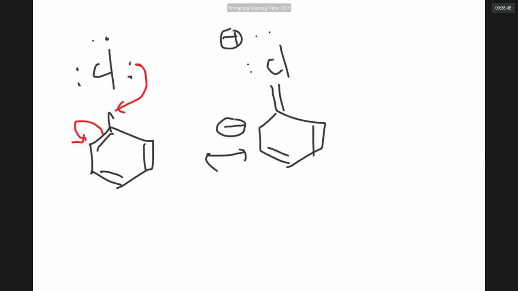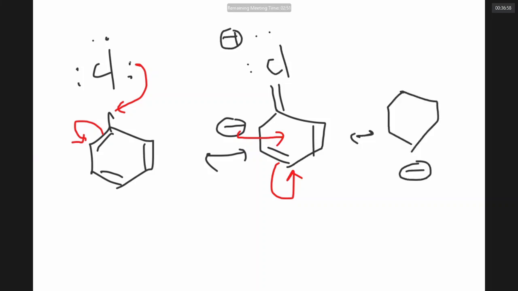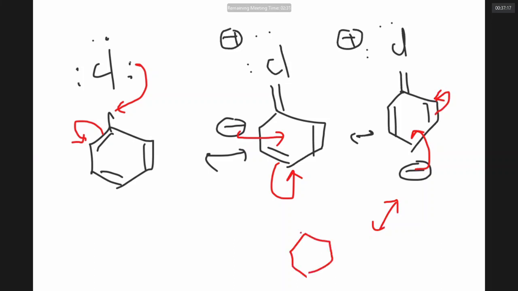So now you carefully see, if the negative charge is coming here, the pi bond is going there. Now it got a minus charge, Cl plus, and no variation here. So next these pi electrons are going there, it is becoming a double bond. Can you see? Minus, plus charge. Finally, this can come here.